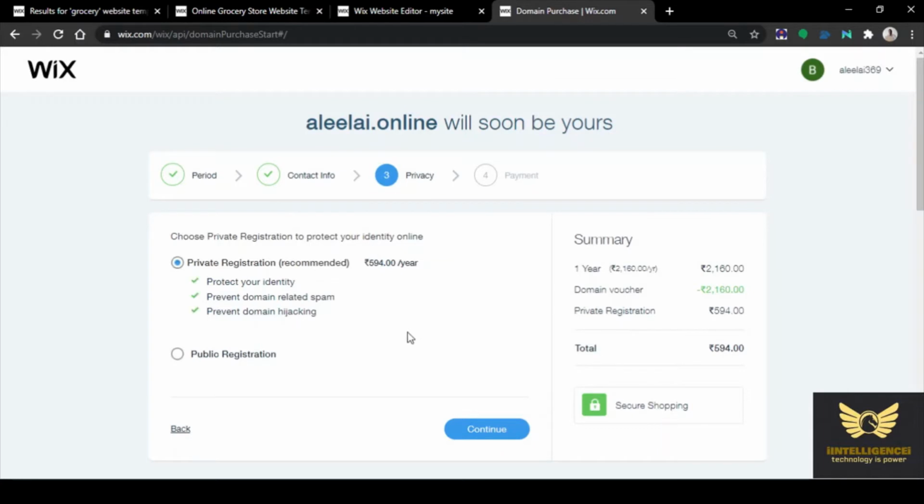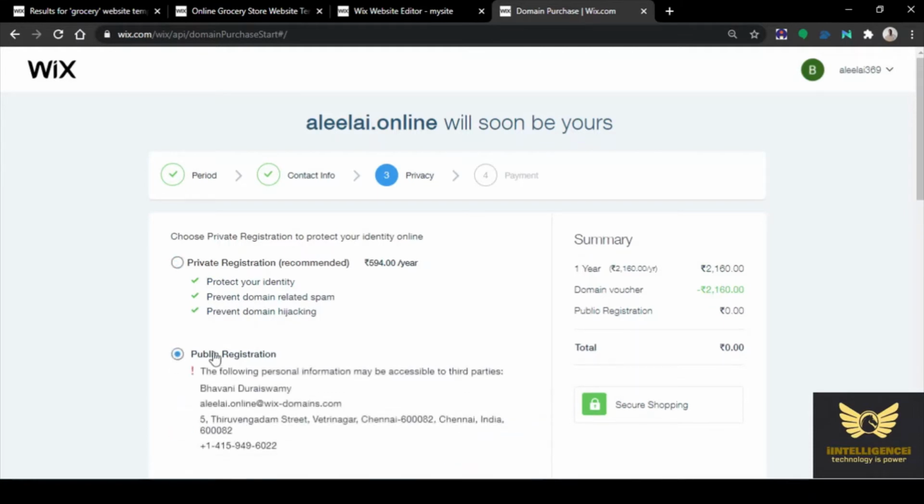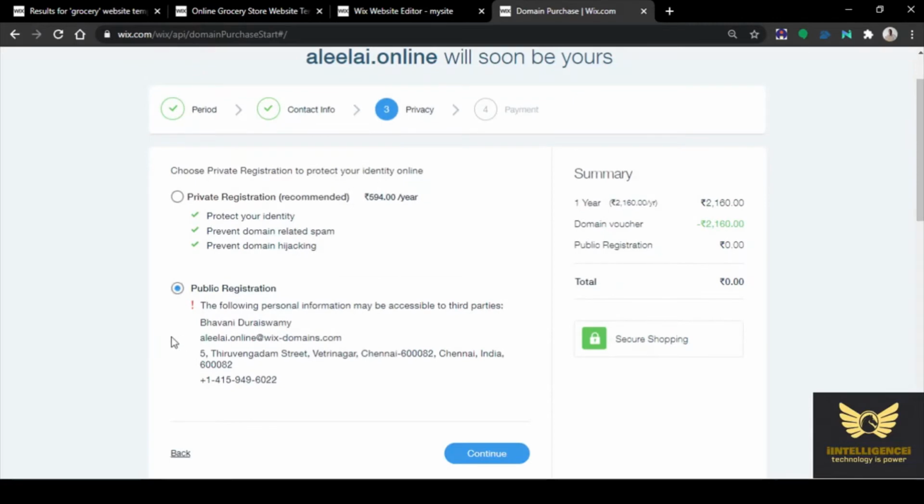Now you have to choose this public registration. Else you need to pay again 594 rupees for private registration. If you want, you can opt for that first one.